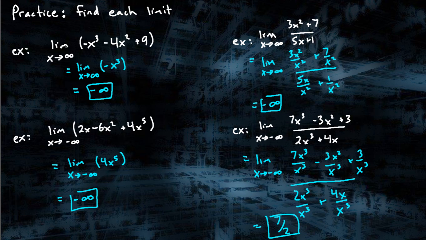right here. So the first one, negative infinity. Why is that? Because these terms don't matter. This one's going to matter. If I put in infinity, I have a negative in front, so negative infinity. On this one, now the terms are out of order. So these two terms don't matter. This one matters. So if I put in negative infinity, I have a 4 times, and this would be an odd power. So we're going to have a negative